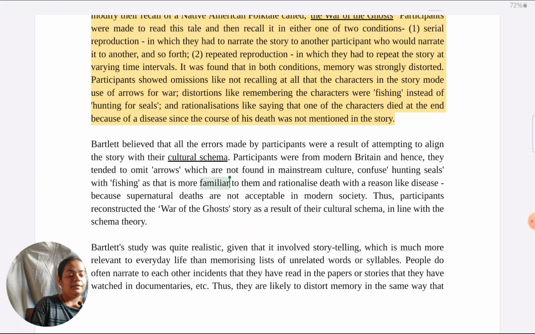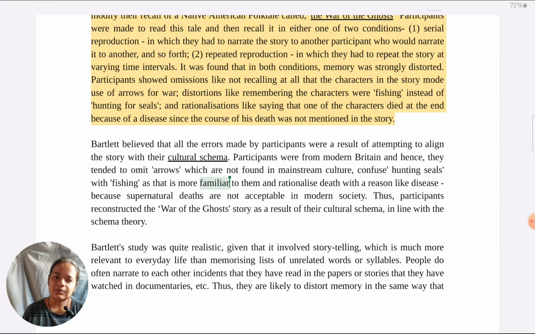In the essay criteria, you will see it is clearly mentioned for criterion C, using research to support the argument. That research support is considered good which furthers the argument, which develops the argument further, not which just goes on reiterating the same point. So if I would just say in the conclusion, so now we can see that schema theory causes distortion of memory,